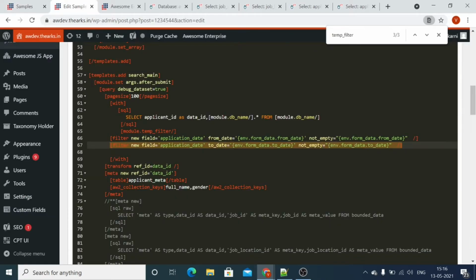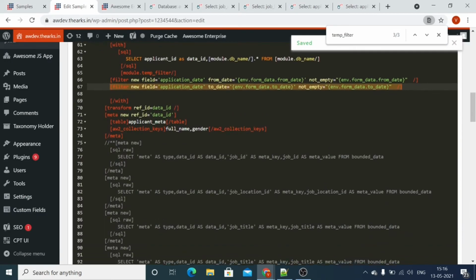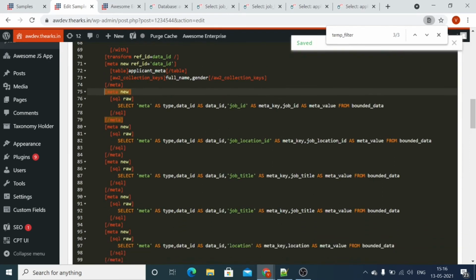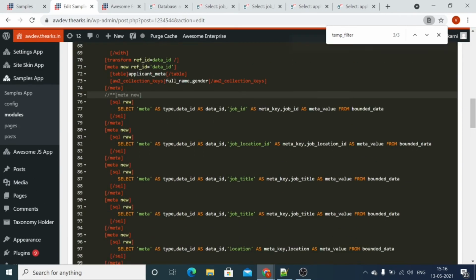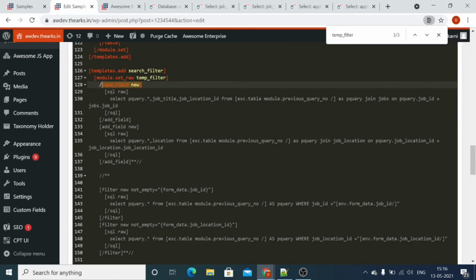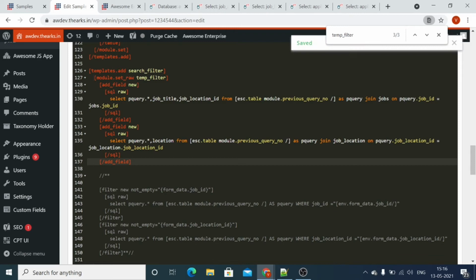Now let's get some more data from other tables as well. Now to get the job ID, we will add our other tables. Those are jobs and the job location.